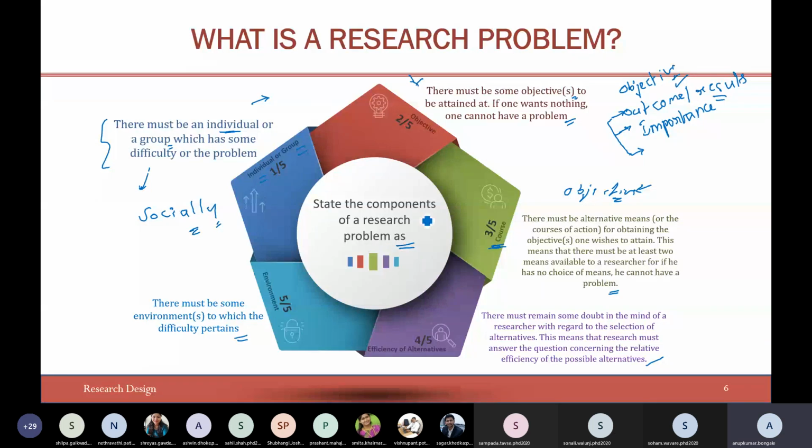Most of the time, anybody who is going to start research will have an initial idea, like, okay, I would like to do research in Internet of Things. But what exactly are you trying to do? Those questions should be clear: which subtopic you are taking, what objectives you can propose, are all the objectives in line, do you have different possibilities of implementing those objectives, and how exactly you are going to evaluate those objectives or alternative courses of action, and in which environment.